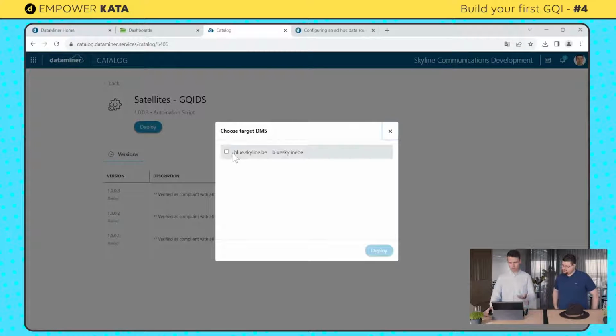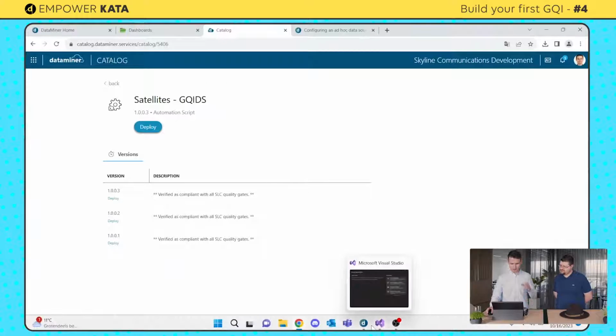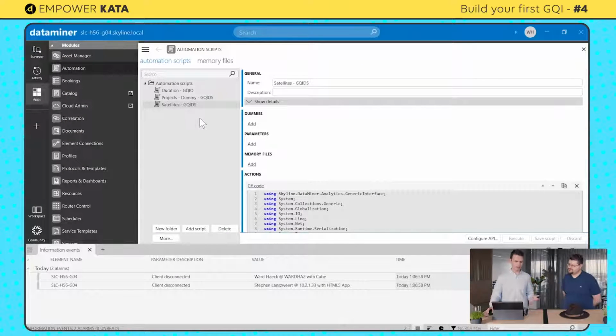You can just click deploy, select your system, and click deploy. I already did it on my system, so I won't trigger it again. Normally after some minutes, you will have that automation script on your DataMiner agents. Once everything has succeeded and you go to your DataMiner, you will find this Satellites GQI DS automation script in there.